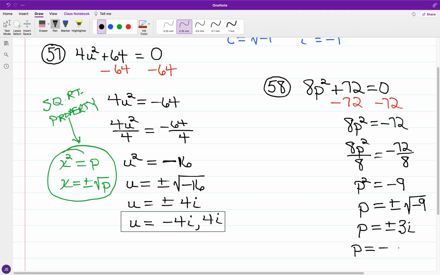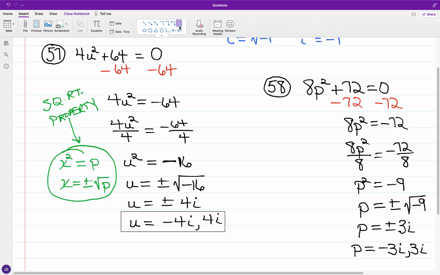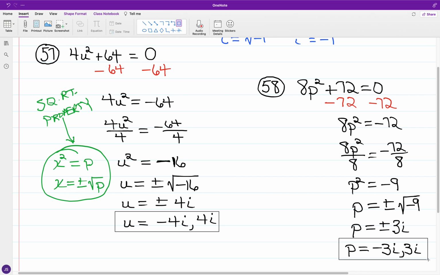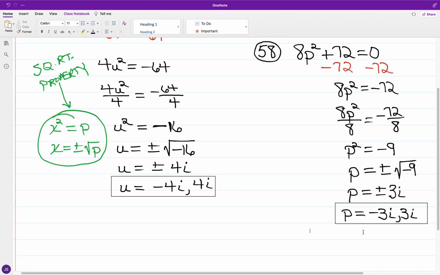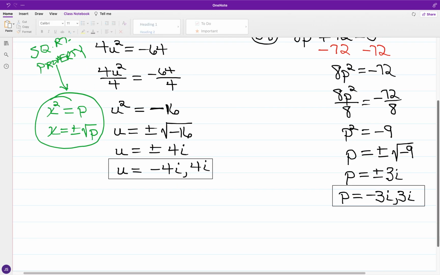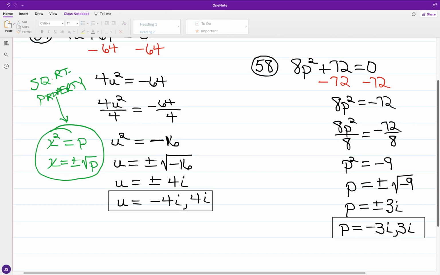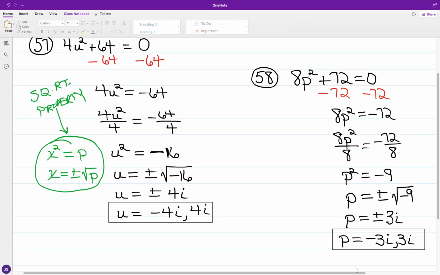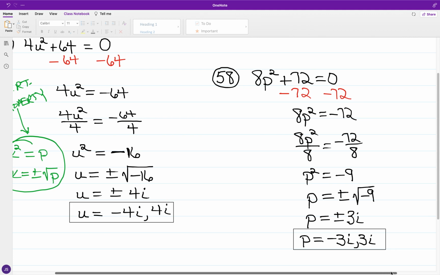So we have p equal to negative 3i or positive 3i. Okay, now for both of these situations, we've had the utilization of the square root property of